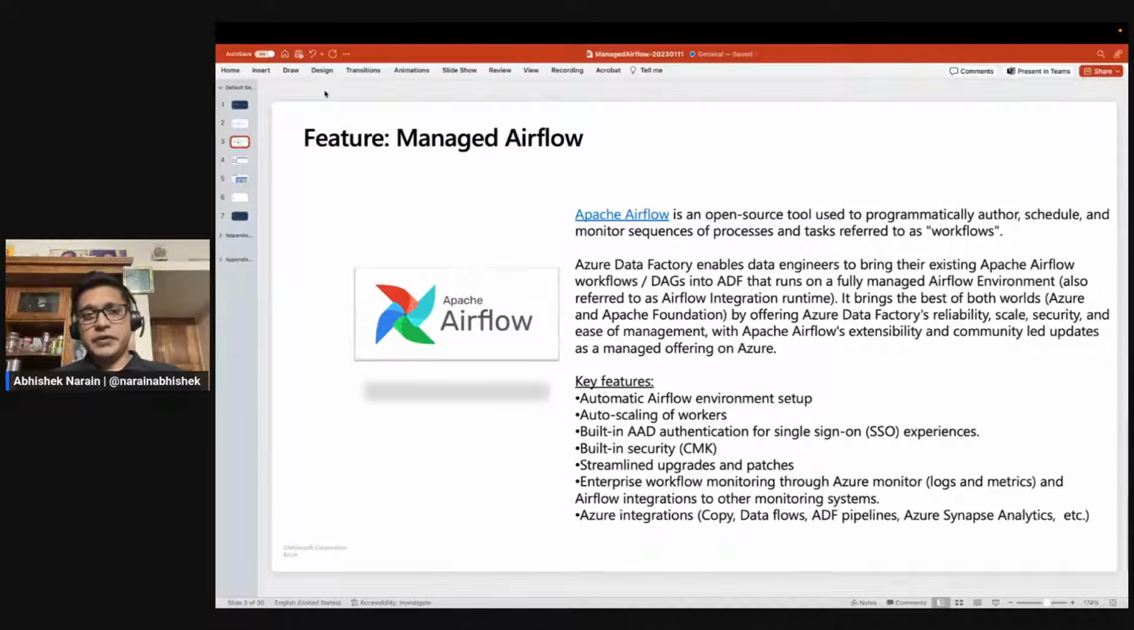And this is the feature we are going to talk about today, which is Managed Airflow. We already talked about what Airflow is: an open source tool used to programmatically author, schedule, and monitor sequences of processes and tasks, which are referred to as workflows. And with ADF, we are bringing the existing Airflow user base, as well as customers who need to run Airflow DAGs, into Azure in a fully managed